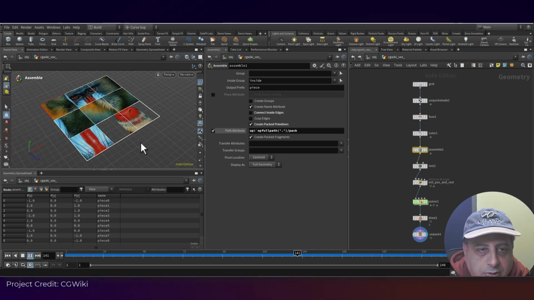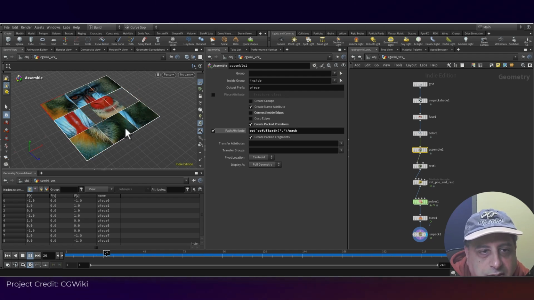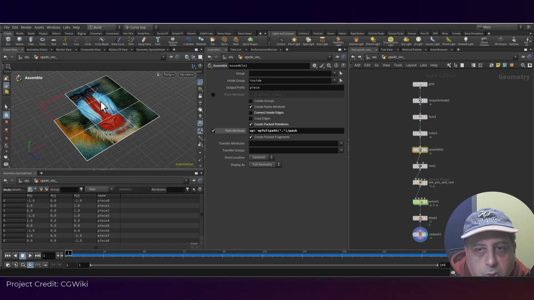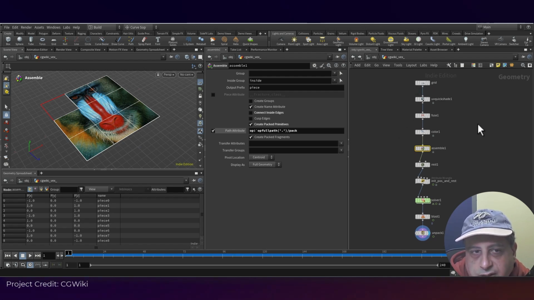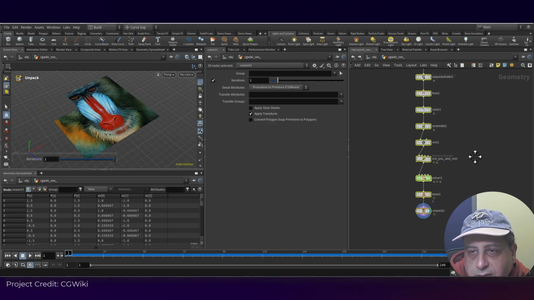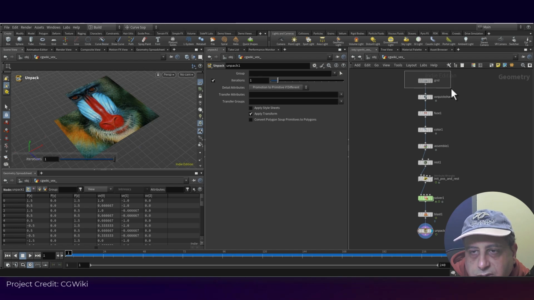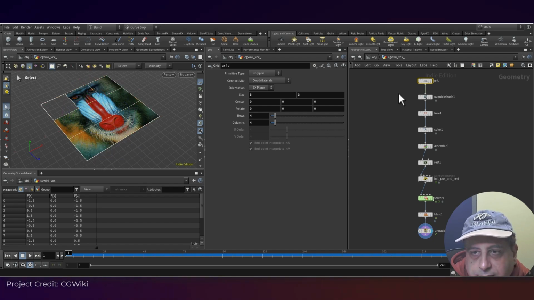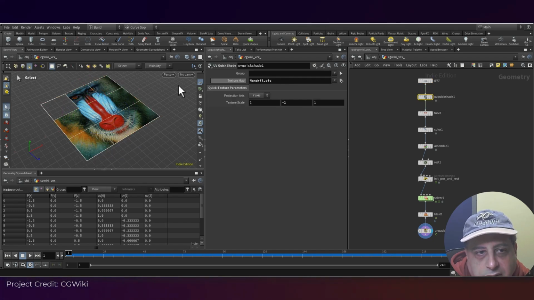So this is a popular children's game many years ago, and the way this network is set up is very interesting. It looks simple, it's like only 10 nodes. So it starts with a 3x3 grid, and it has a mandrill picture on it,